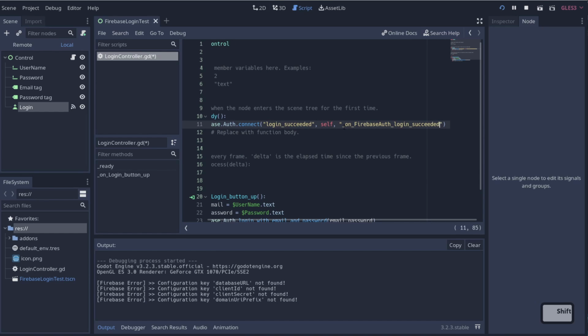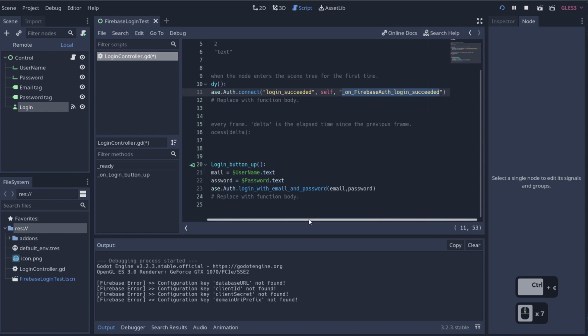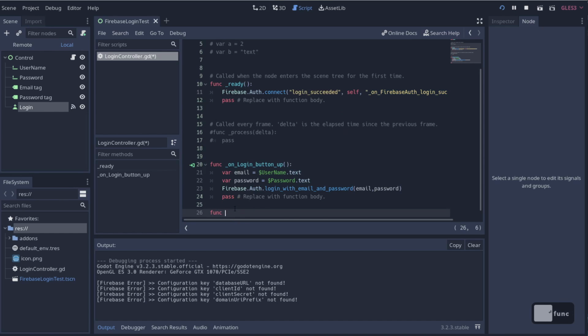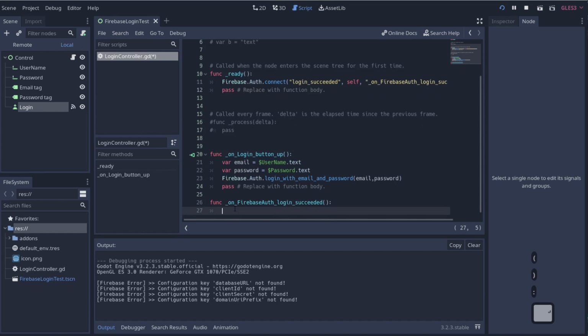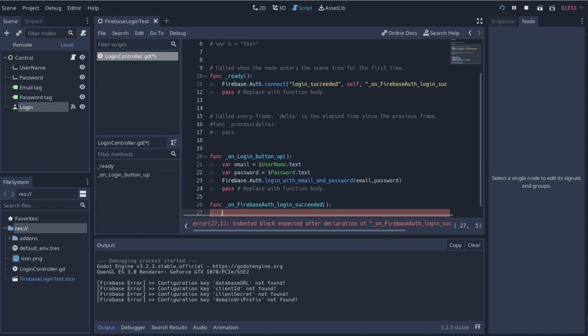All right, let me grab this here. Let me go create a function down here. All right. And what that'll do is that'll say, hey, if a login is successful, we want it to do